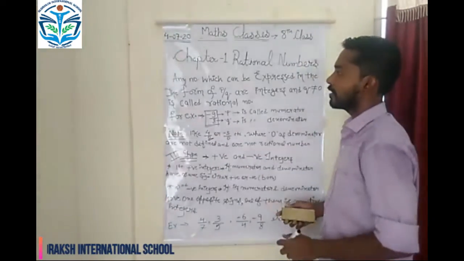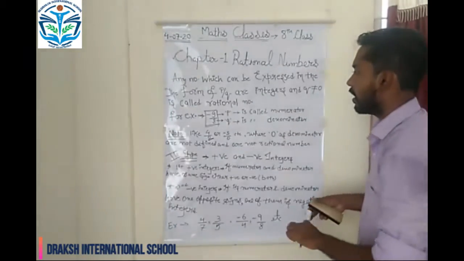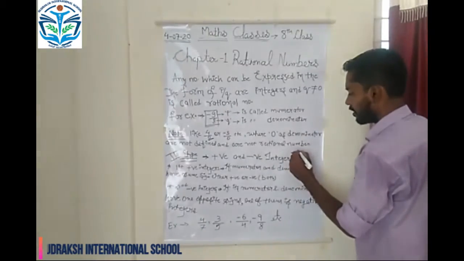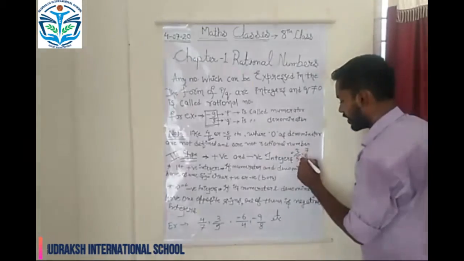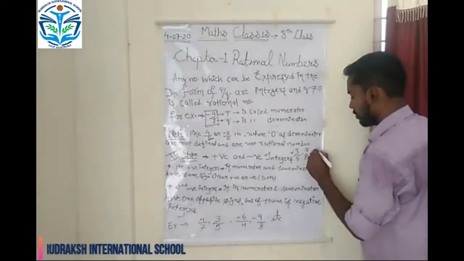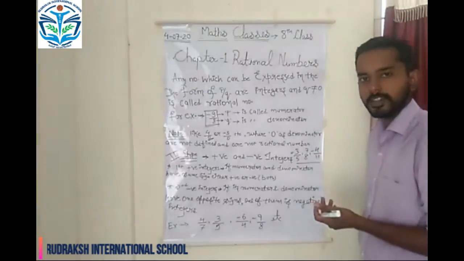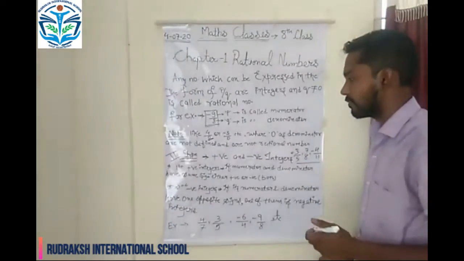तो कोई भी नंबर जो कि p बाई क्यू के फॉर्म में लिखा है, हम और एग्जांपल से ऐसे समझ सकते हैं कि जैसे यहाँ माइनस 9 अपॉन 8 है, हम और भी एग्जांपल ले सकते हैं जैसे कि 3 अपॉन 5 या 7 अपॉन 8 या माइनस 4 अपॉन 11 एक्सेट्रा. ऐसे कई सारे एग्जांपल्स हैं. So all of these numbers are called rational numbers.